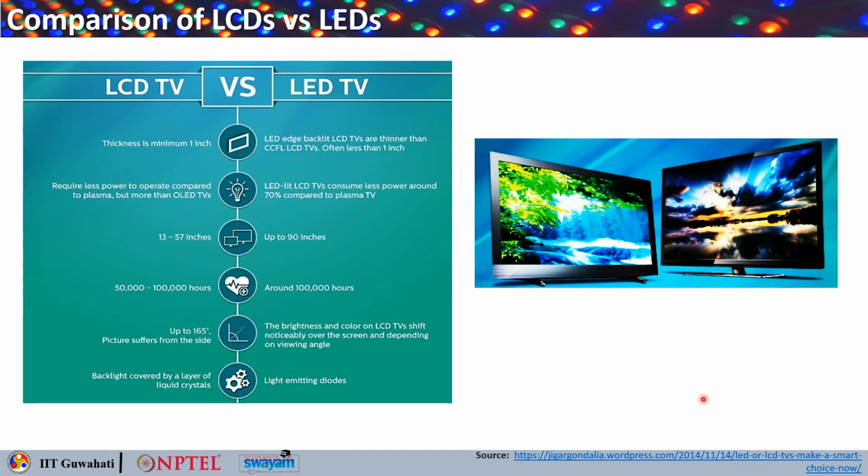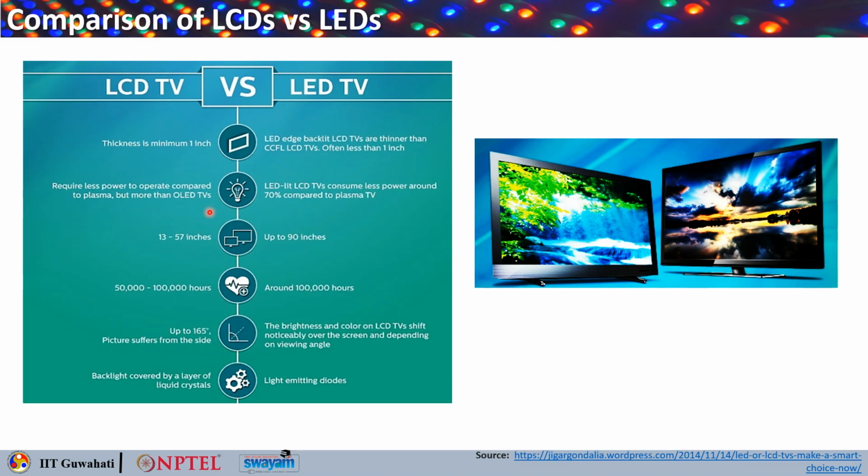So, if you do a quick comparison between LCD TV and a LED TV, so typically LCD TV thickness is like minimum 1 inch. So, LED edge backlit LCD TVs are thinner as compared to the CCFL LCD TVs, and often they are thinner than 1 inch. And the LCDs, they require less power to operate as compared to plasma, but obviously more than the OLED organic